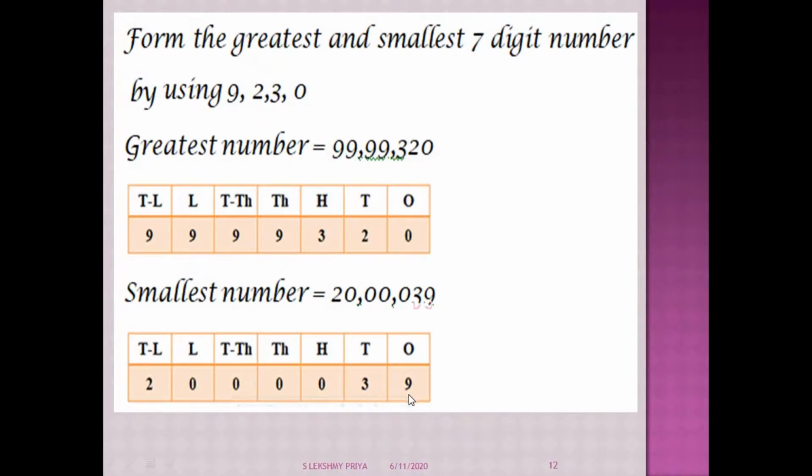Then to form the smallest number, just remember we have to write from the ones place. Which digit do we have to write in the ones place? The greatest digit. Yeah, 9 we wrote in the ones place. The next, 3, we wrote in the tens place. Then 2 digits are left. What are the 2 digits? 2 and 0. So we have to write 2 in the 10 lakhs place. Then there come 4 places as blank. We will fill them using 0. So the answer is 20,39,000.